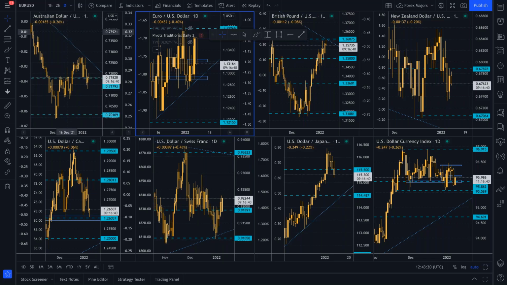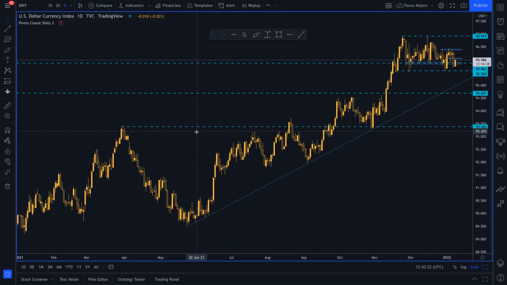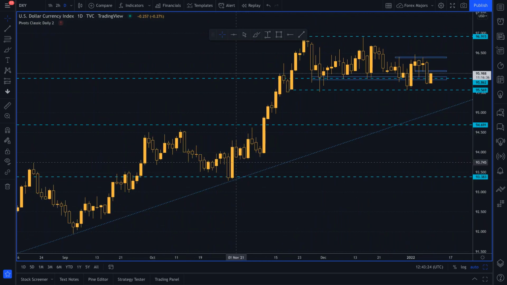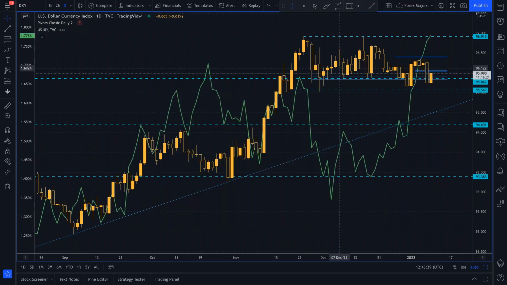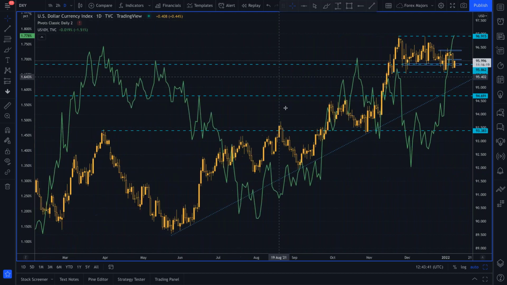Now, let me explain what's going on with the dollar. The dollar has been moving higher into the fourth quarter of 2021. Why? Interest rate hike expectations from the Fed. Okay, we've seen the dollar moving higher. We've also seen US 10-year yields moving higher. And as the 10-year yields have been moving higher, that's been supporting the dollar, particularly from the fourth quarter, right? Now, 10-year yields are moving even higher.